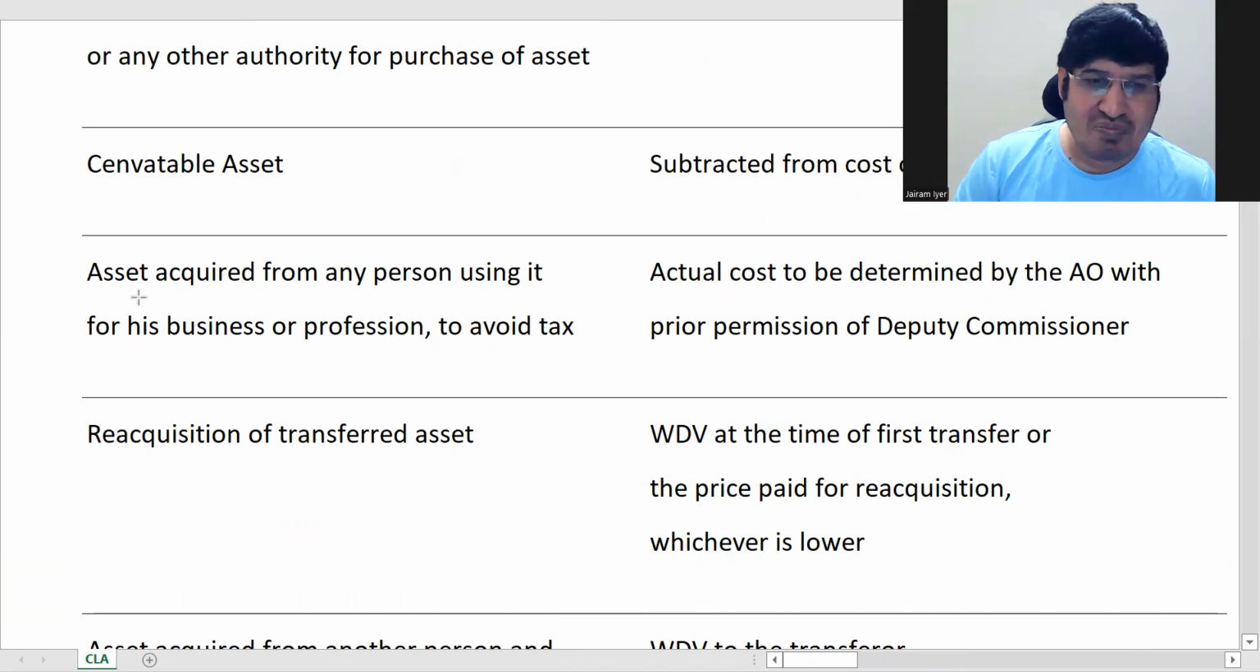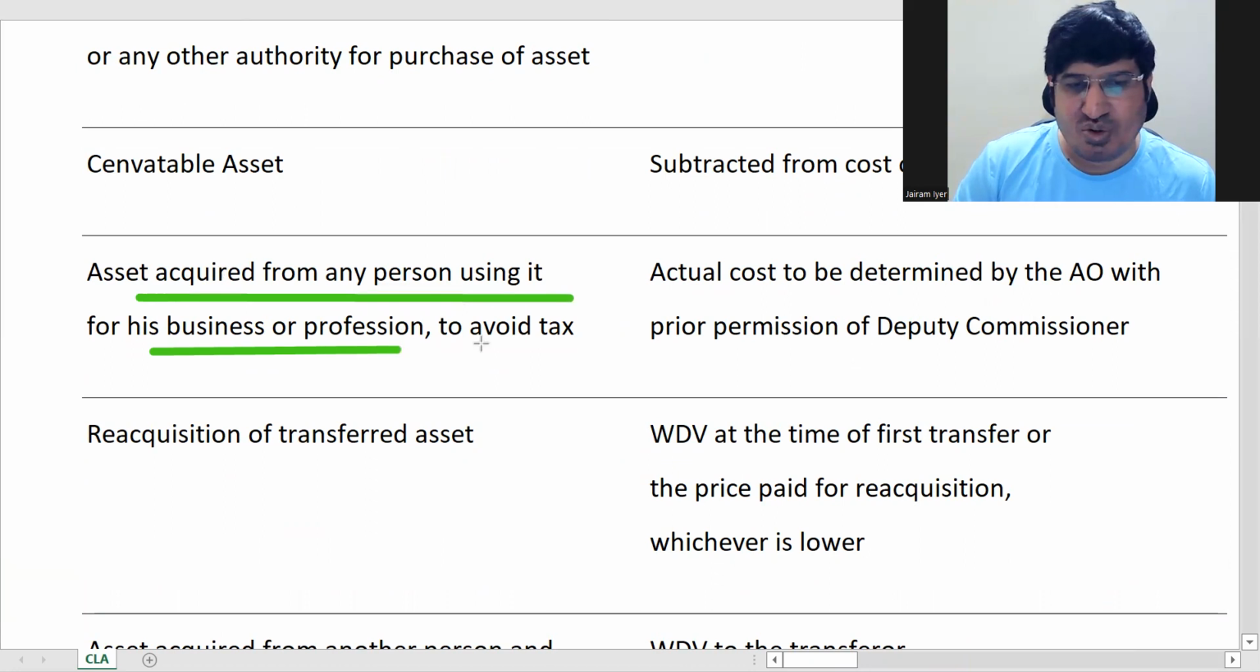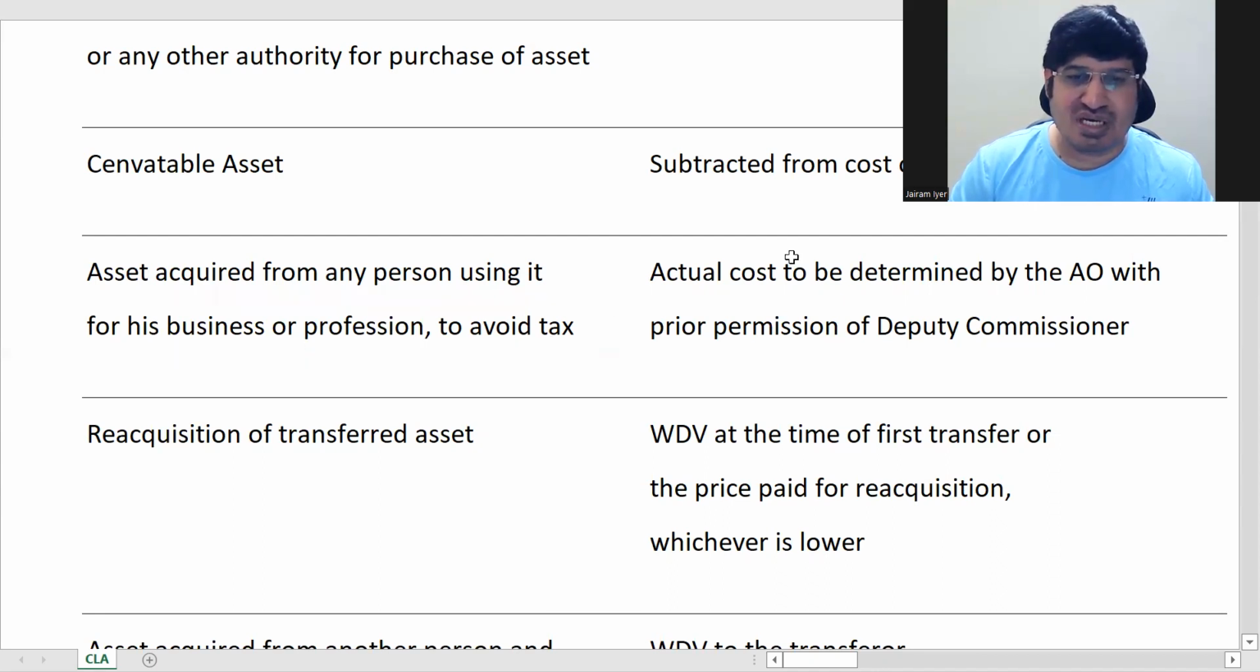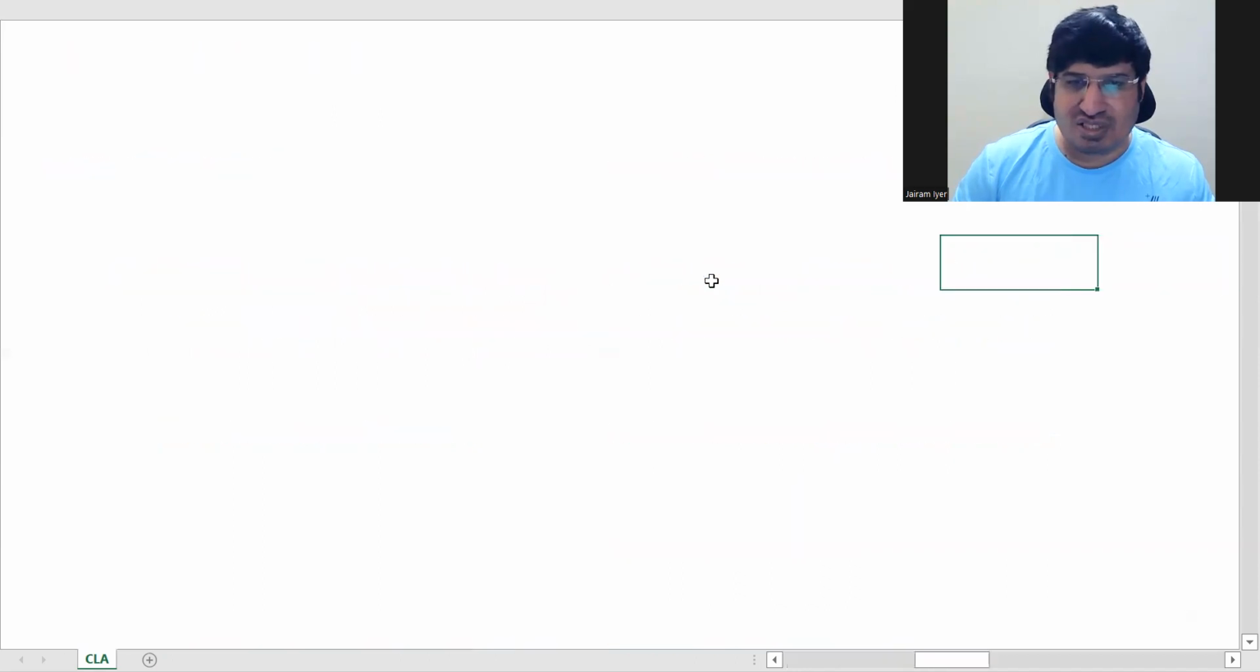Asset acquired from any person using it for his business or profession to avoid tax. Okay, so now these next 3 points are very interesting and similar to an extent. So one is asset acquired from any person, using it for his business or profession, a person who was using it for his business or profession to avoid tax. So basically, this is, say,